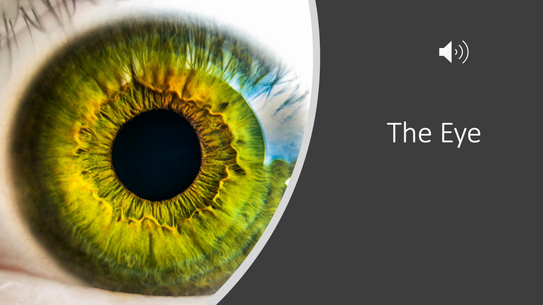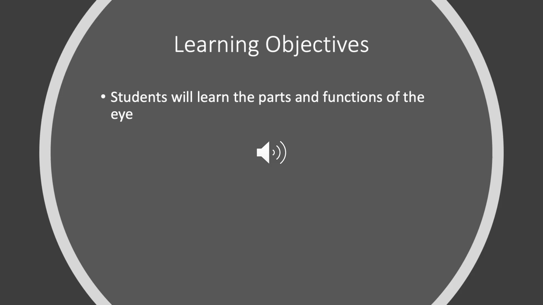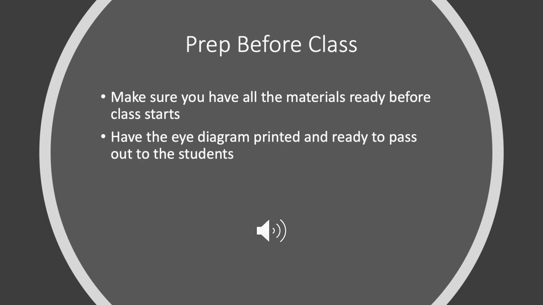Today we will be going over the lesson plan for the eye. For the learning objectives, students will learn the parts and functions of the eye. Before class, make sure you have all the materials ready and have the eye diagram printed and ready to pass